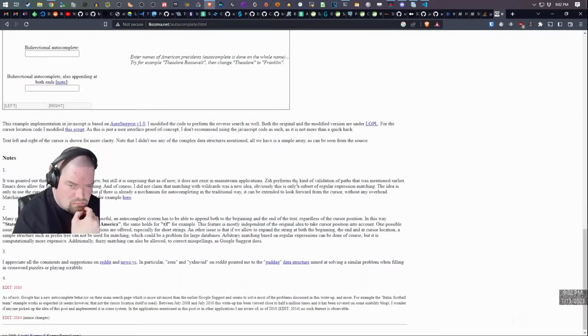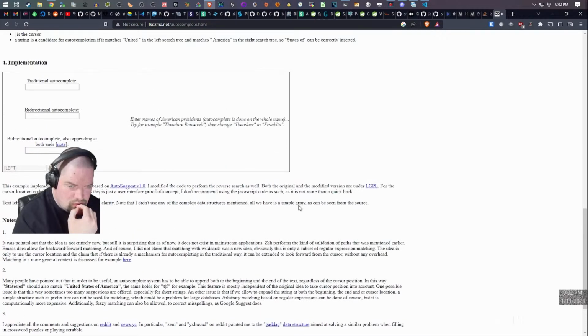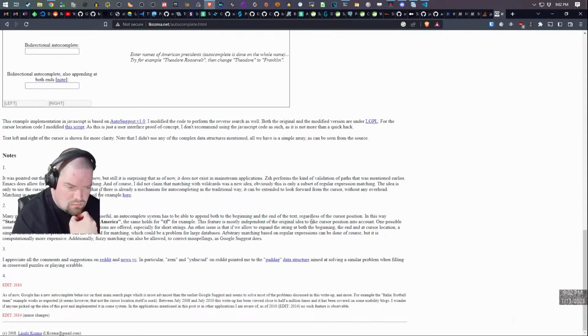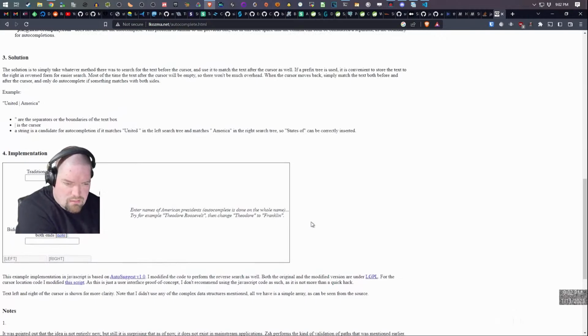Huh. What they're doing is tokenizing the entire string, which would be the correct way to do it, I guess, if you really didn't want to use regex.